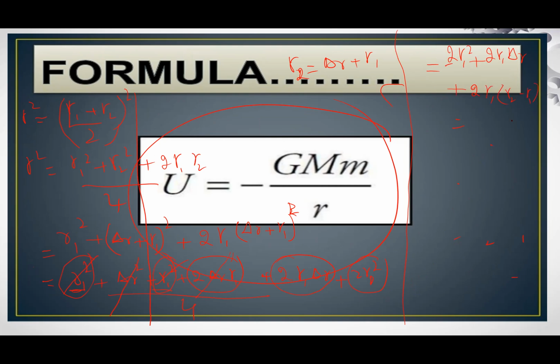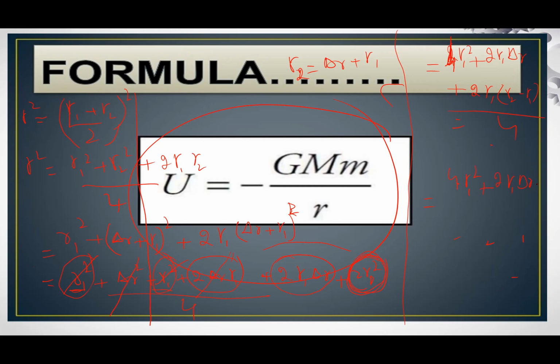This is the value of del R, plus 2R1 square. So it will be added with this one. This will become 4. Divide by 4. So 4R1 square plus